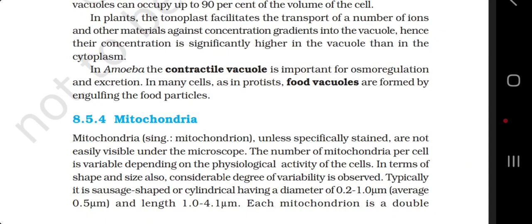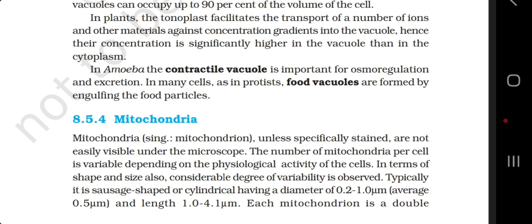8.5.4 Mitochondria. Mitochondria, singular mitochondrion, unless specifically stained, are not easily visible under the microscope. The number of mitochondria per cell is variable depending upon the physiological activity of the cell. In terms of shape and size also, a considerable degree of variability is observed. Typically, it is sausage-shaped or cylindrical, having a diameter of 0.2 to 1 micrometer, average 0.5 micrometer, and length